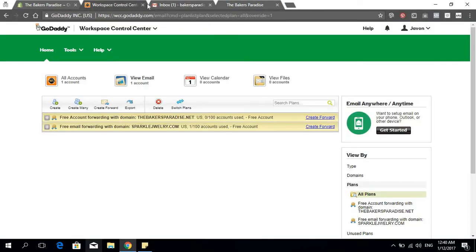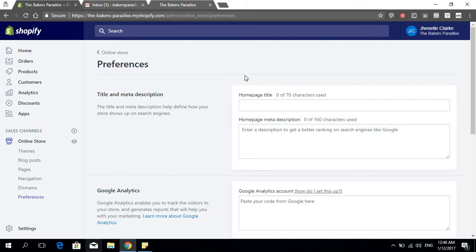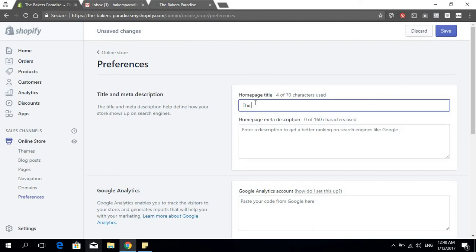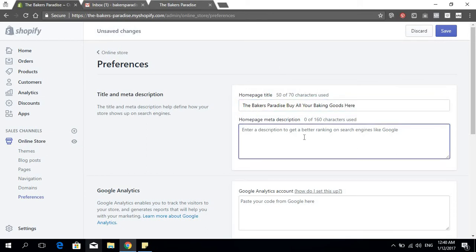Yeah, let's get cracking on this. So we can go ahead and close that out. So now we want homepage to say the Baker's Paradise. And then you want to have something like buy all your baking goods. Then you want to basically type a couple sentences here that tell persons what you're selling, like buy cake molds, cup,